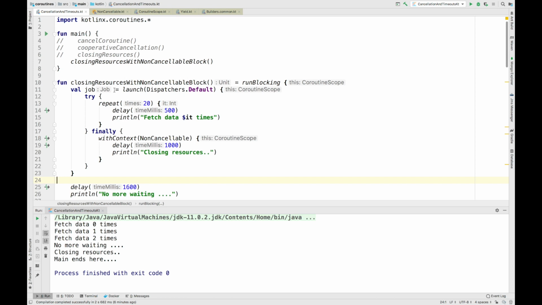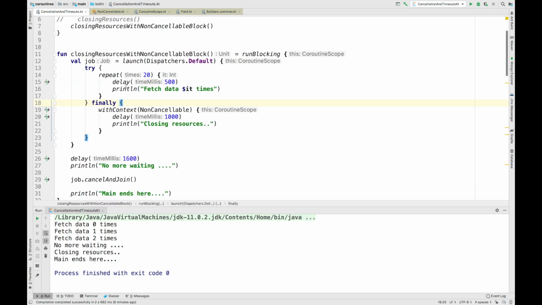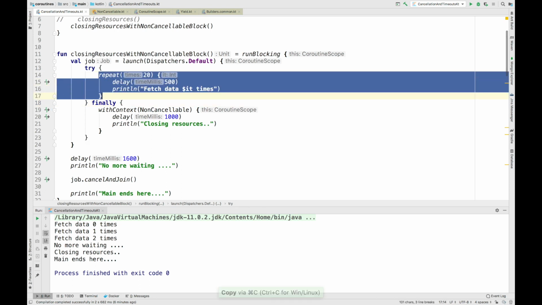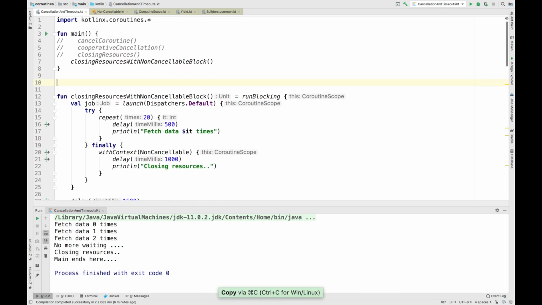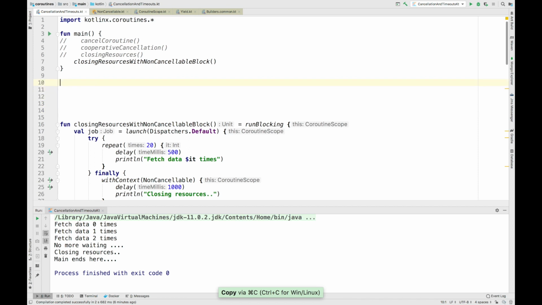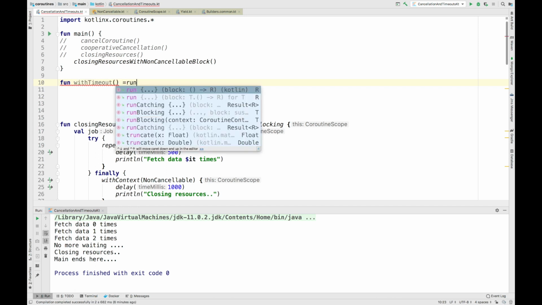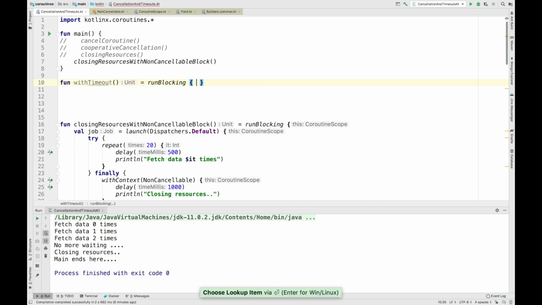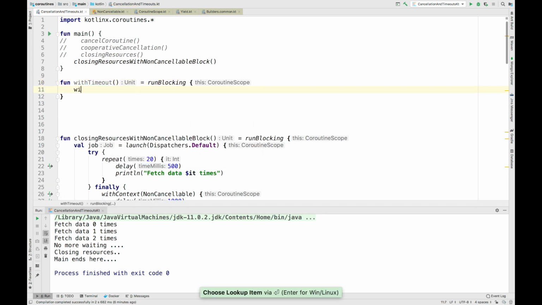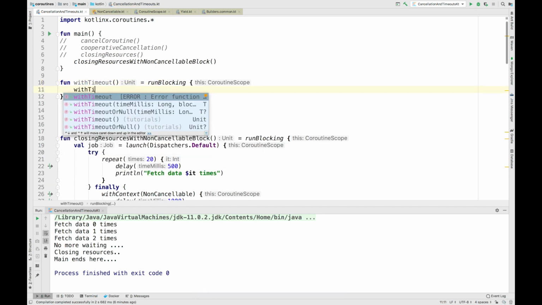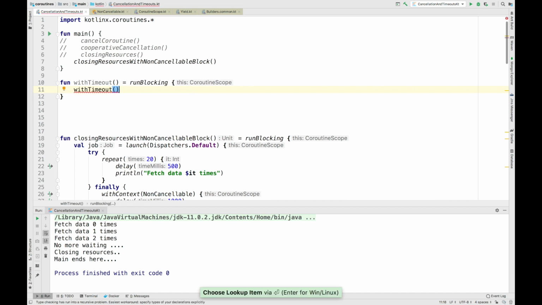For that I'll write a function here. I'll simply copy this part, okay, and I'll write a separate function here. I'll call it withTimeout, okay, and then runBlocking, and inside this I'll use a function called withTimeout. With withTimeout here I can pass a time.